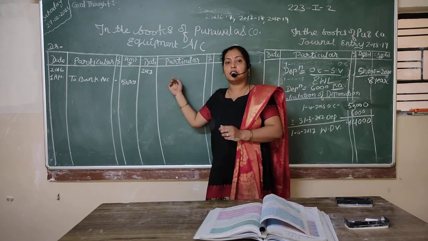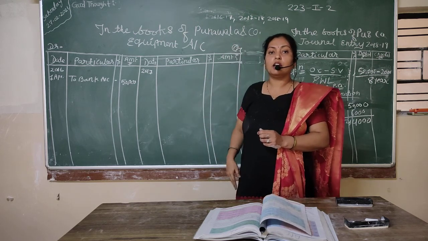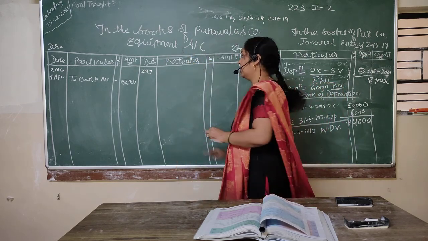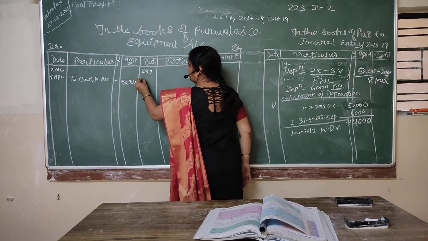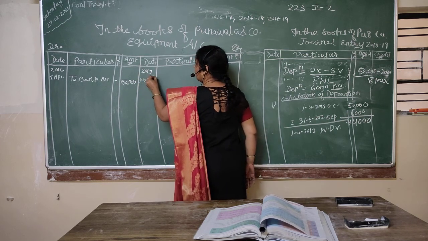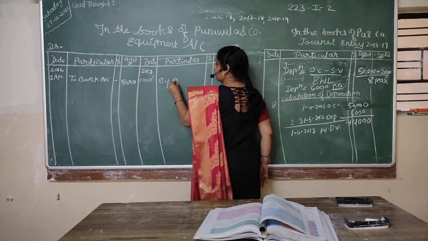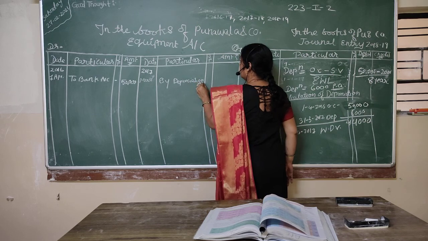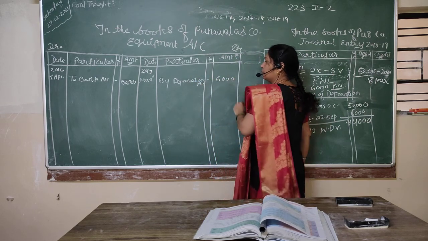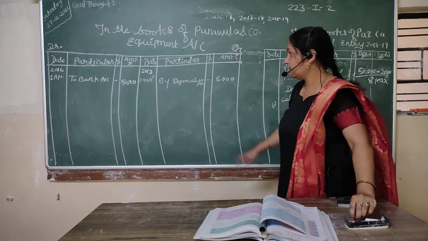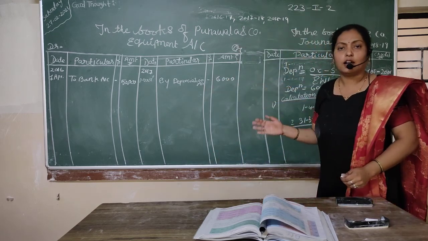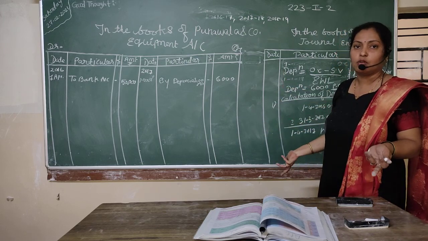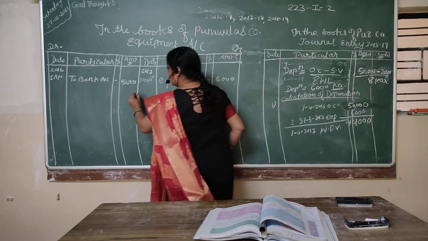So what is the entry for charging the depreciation? Depreciation account debit, to machinery account or asset account. Our asset is equipment, so on the credit side we will write March 31st, by depreciation account, amount 6,000 rupees. So students, first year depreciation is charged and after charging it is transferred. No profit and loss account or depreciation account is asked to prepare, so we will close the equipment account.